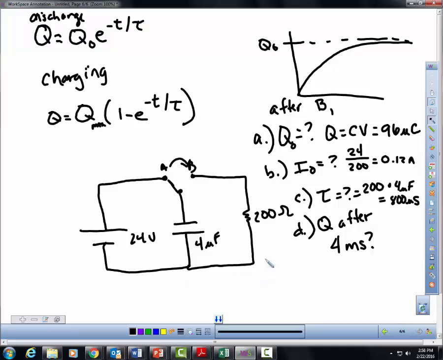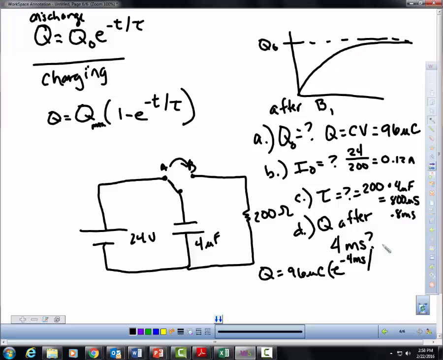And then our charge after 4 milliseconds. So we can use this relationship here because our thing is discharging. We have 96 microcoulombs times e to the negative 4 milliseconds over, and if we wanted to convert this, this would be 0.8 milliseconds for our time constant, just to make sure that all of our units line up. That would mean that after 4 milliseconds, our charge on our capacitor would be 0.6